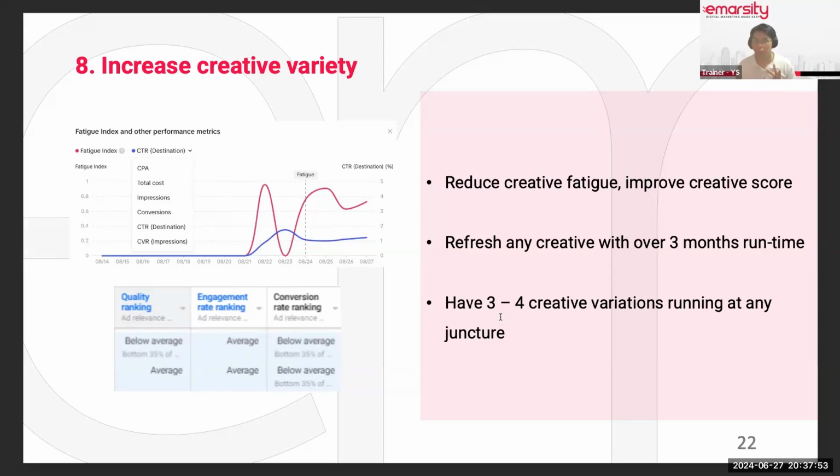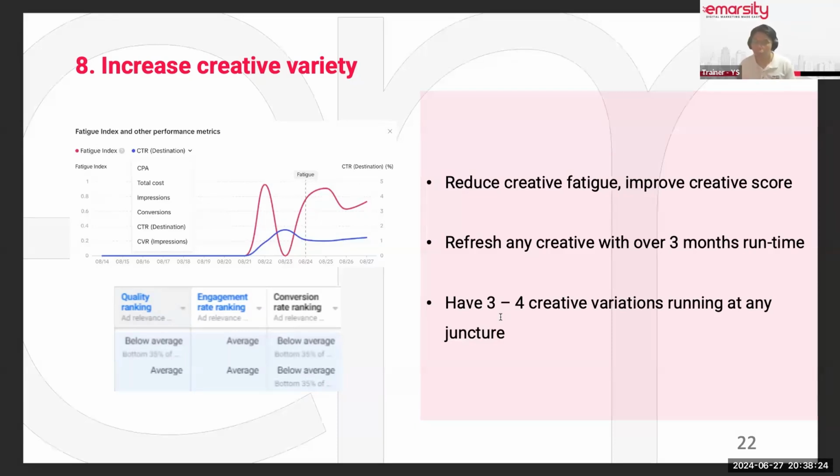I know coming up with four creative versions is a bit tough when you first start out. So usually when I work with my clients, what I advise is it's okay, we just start with two first. Why two? Because then we can test two different versions. Which one works better? Then when we know the particular version that does better, we switch off the other one. Then we introduce another two that's similar style, similar concept, and we further test. So now you have three. So try to have three or four.